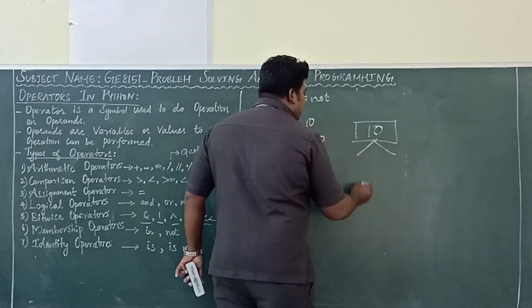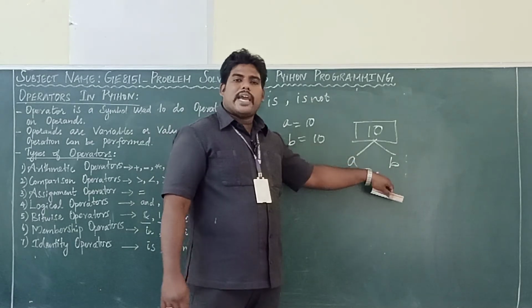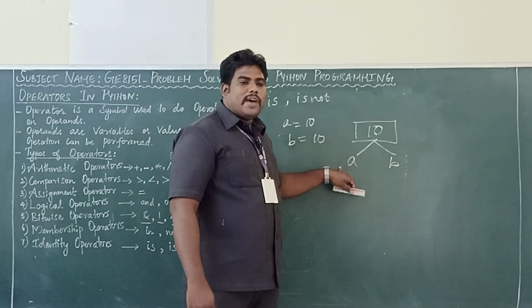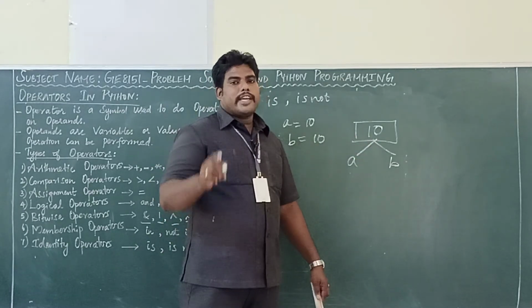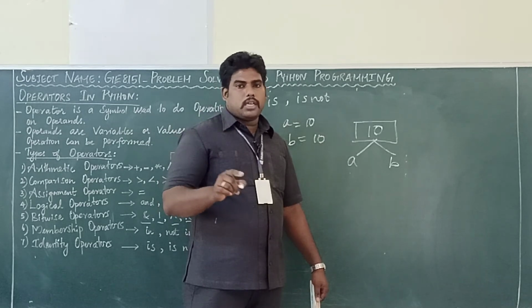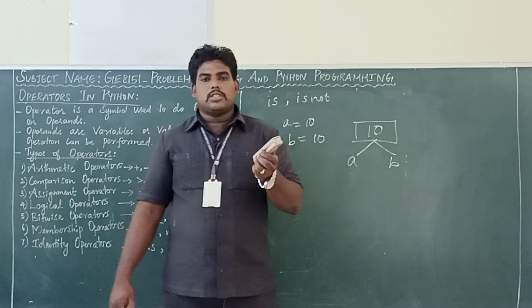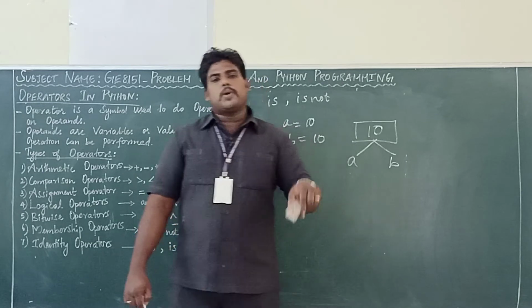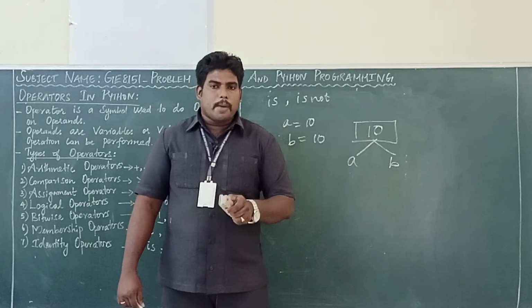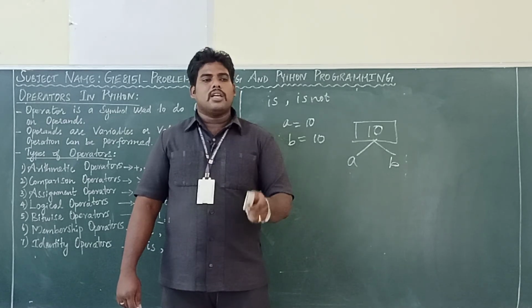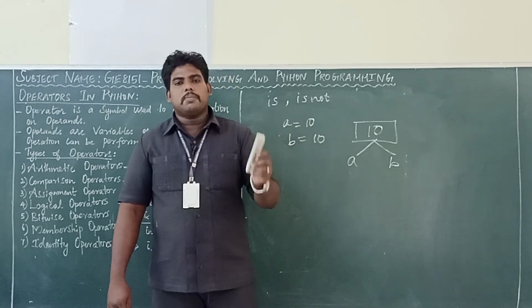The address will be given to, mapped to A and B. So the A and B value will be stored only once. In Python, if both the values are the same, it will be stored only once in the memory. For checking that, we are using the identity operator. The identity operator is used to check whether both variables' memory location is the same or different. It is used to check the memory locations.